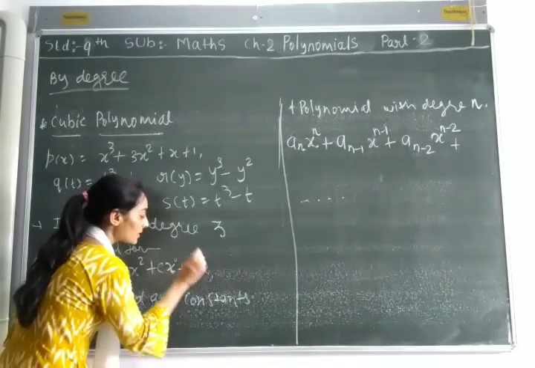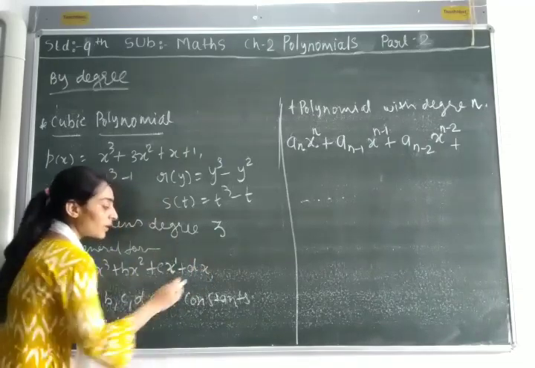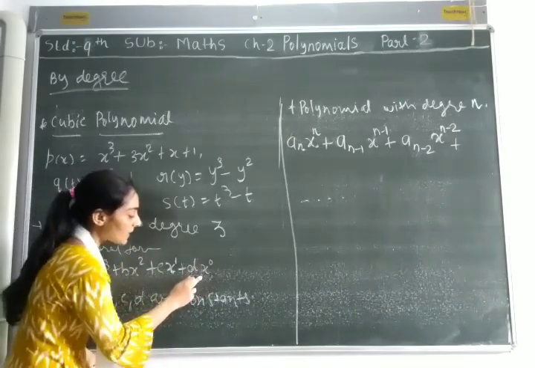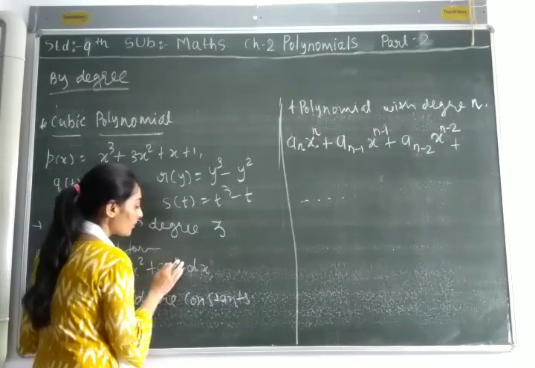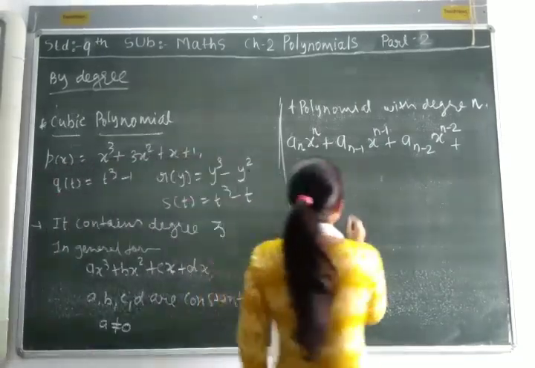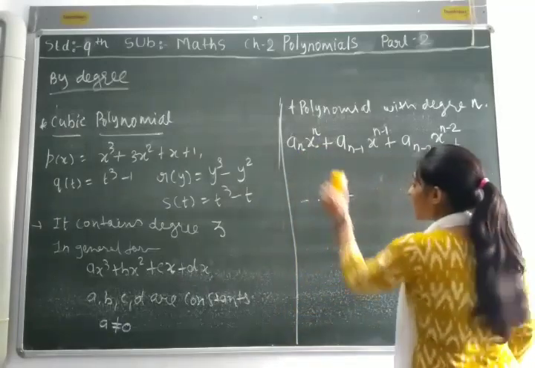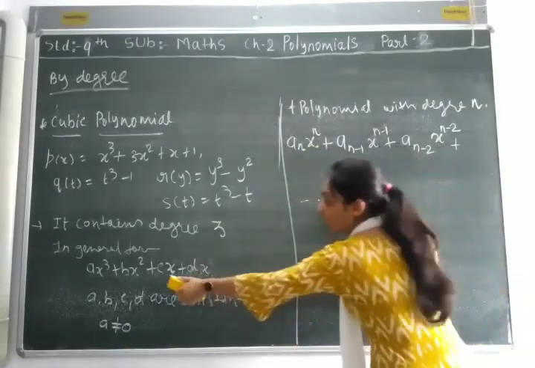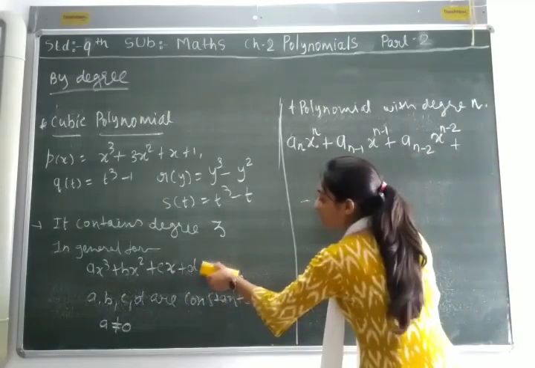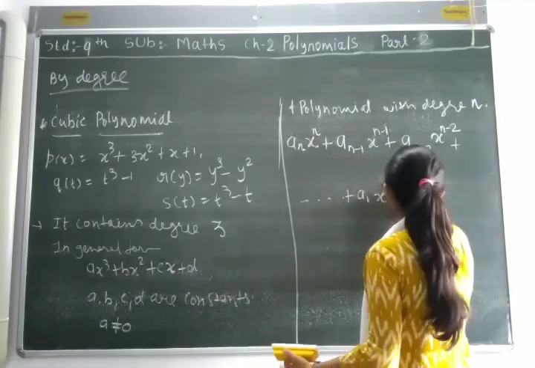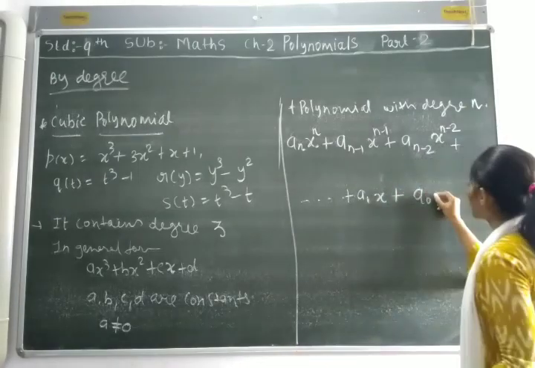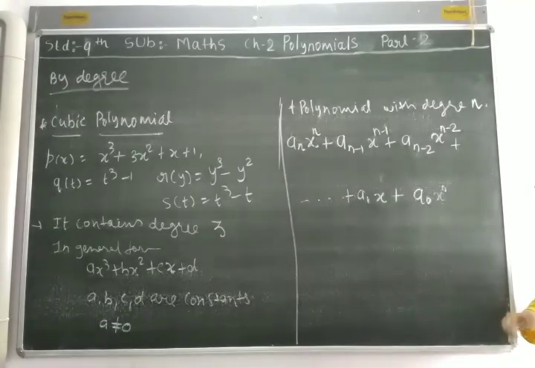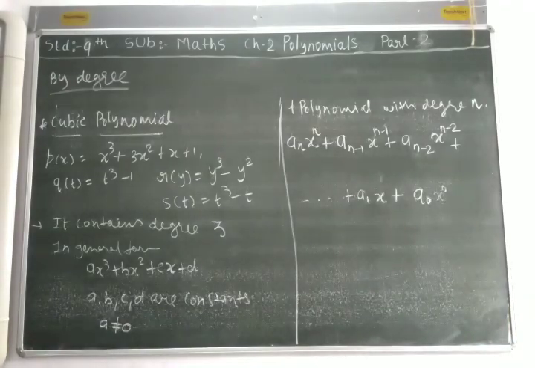Here nothing means the degree of x is 1. If nothing, degree is 0. It means we still have to reach x to the power 0. So from there, x raised to n, up to a1 x to the power 1. Okay. Now what else remains? x to the power 0. So I am taking a0 because here the power is 0. Okay, so this is the general formula of a polynomial with degree n.